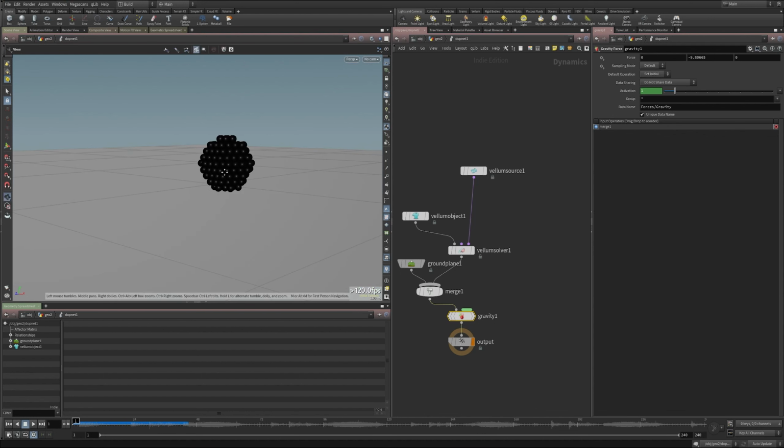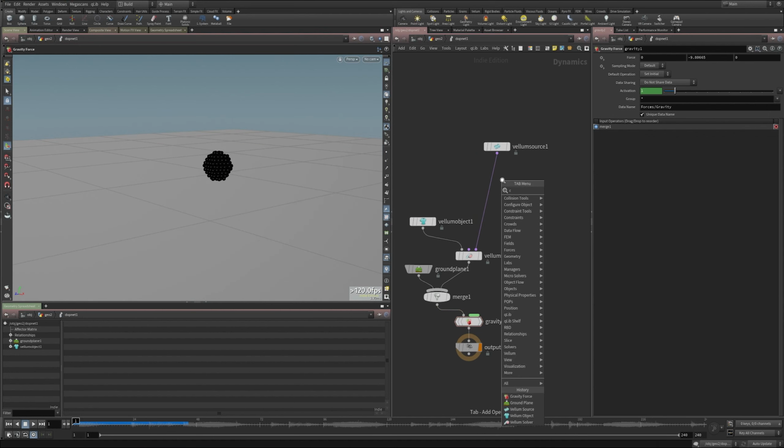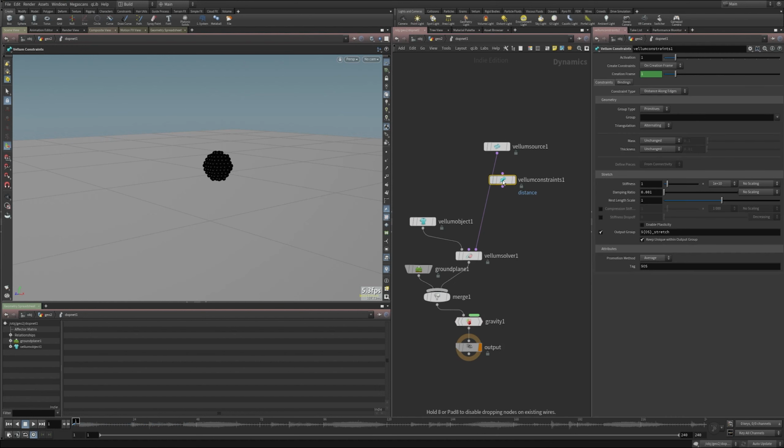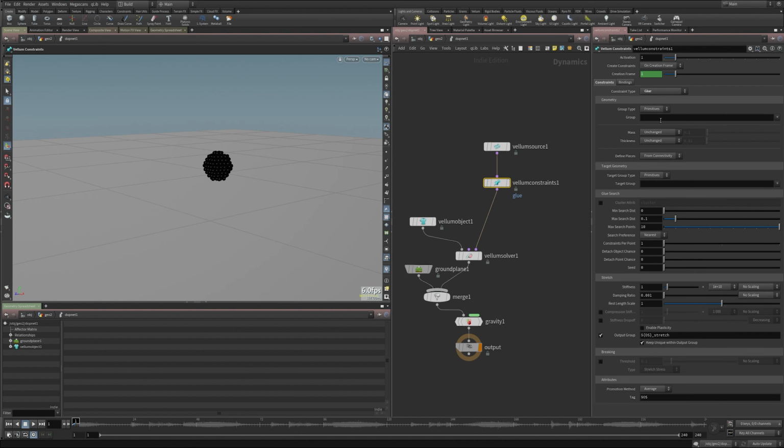Yep. We need a constraint. All right, let's do a Vellum constraint, and we want this to be a glue constraint. So let's select glue. We want our group type to be points in both places.